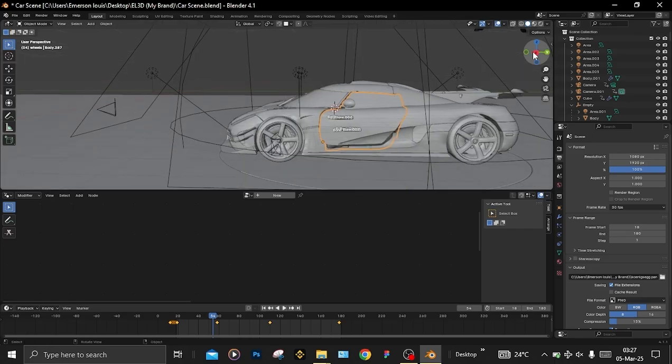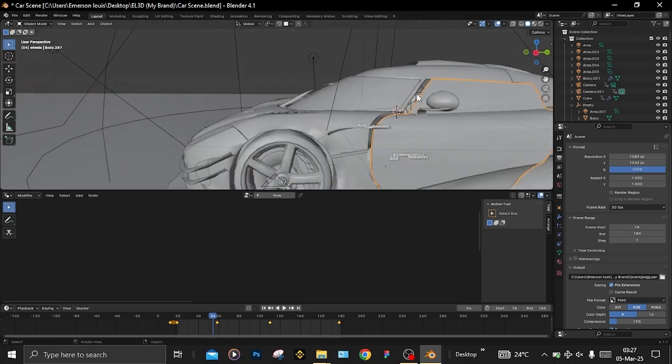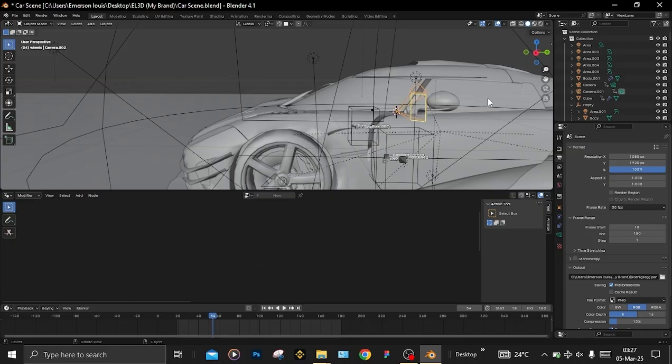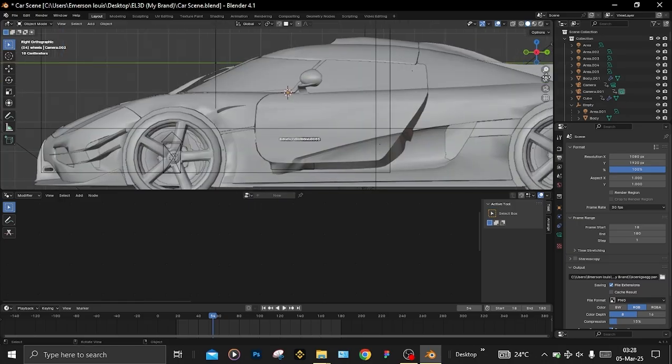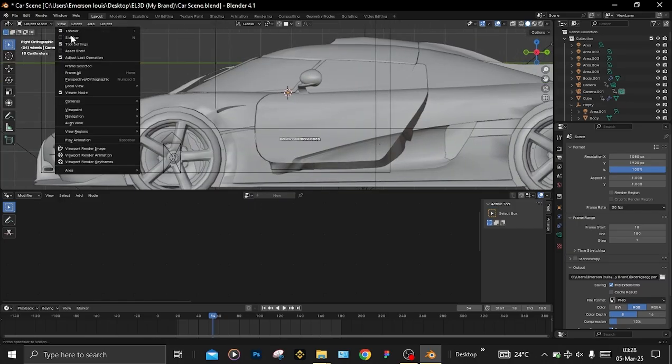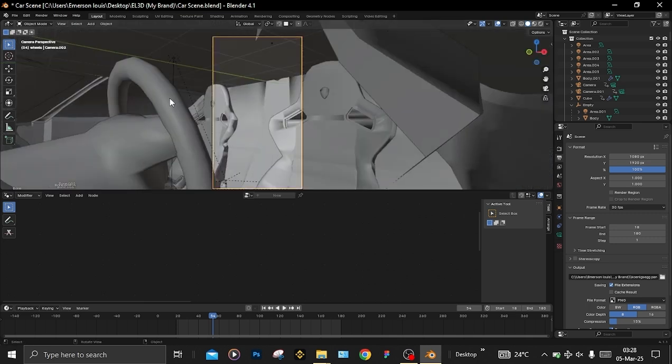Look at the camera here. Yeah, I have my camera here. So I'll hit 3 to show me this door. Yeah, this door is what I need. Then set my camera to active, which is Ctrl Numpad 0, which I'm not showing the interior of the car